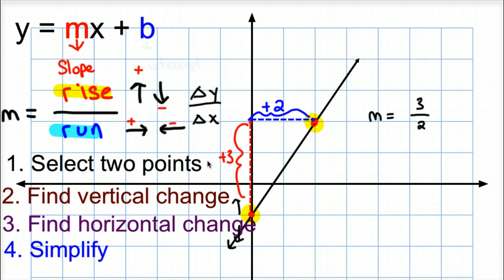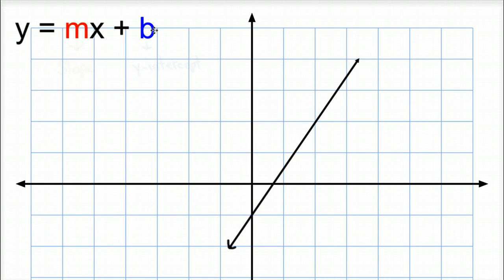We'll look at more examples to come. The b, so y equals mx plus b, is the y-intercept. This is any point that falls on the y-axis. Now this point must fall on the y-axis. So in this case, the point that's exactly on the y-axis that crosses that's on the graph is right at